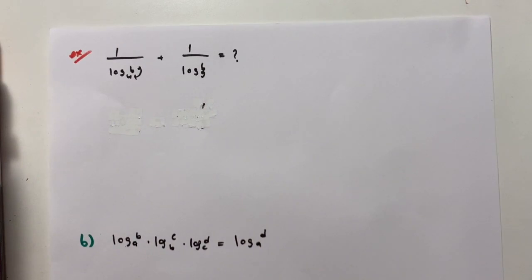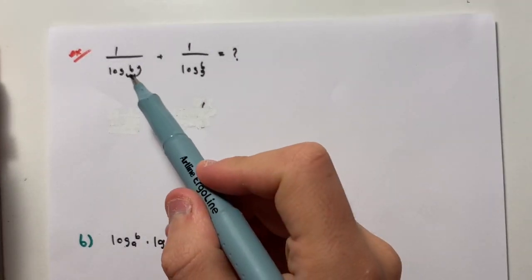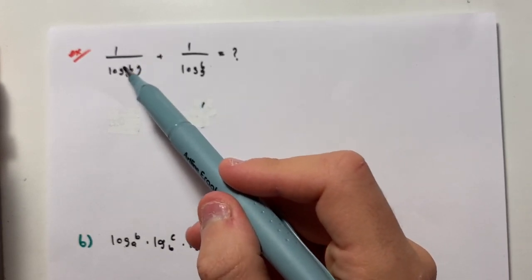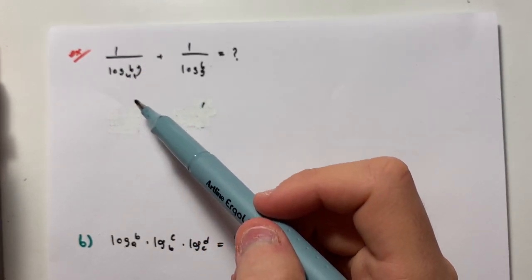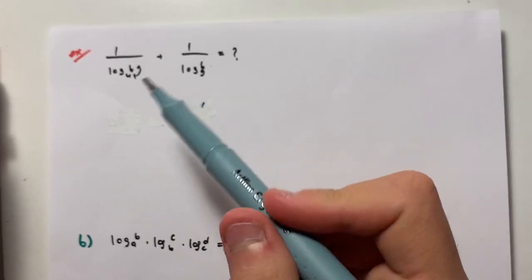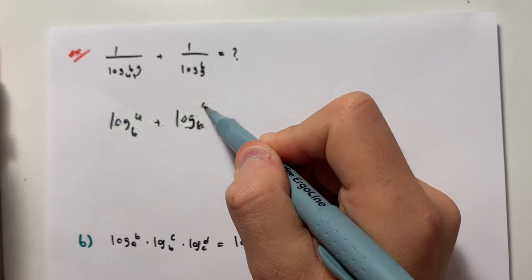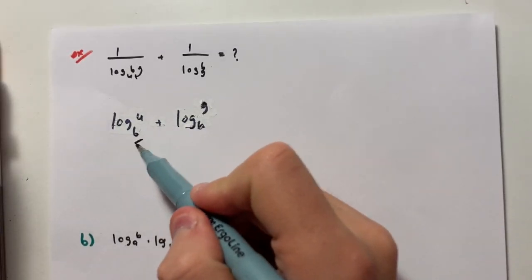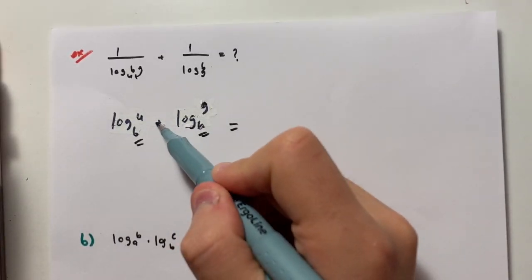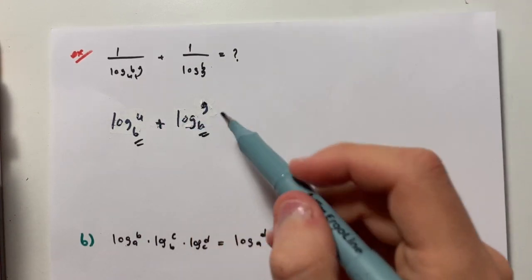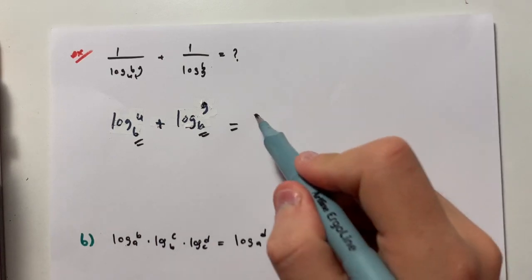Let's move on to this question. This question is you are going to apply the fifth rule. As you can see, the powers are equal, so you can convert this into the original logarithmic function and write them into the same base like this. As you can see, now bases are equal and there's a plus in between, so you can write the powers as in a product form like this,